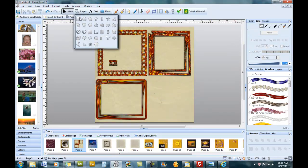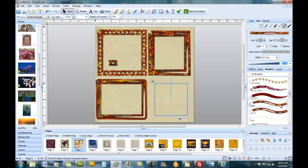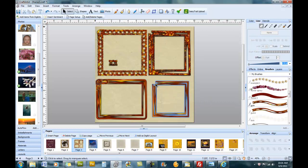So let's go ahead and create another shape here. Select it, and let's find our new brush, Gum. And we'll increase the size. And there you see you have that nice new, very custom frame. And as you can see, this looks a little different here in the corner. This is actually that half a segment, and the other half, that's this and this, that doesn't get stretched. And I kind of like that effect,